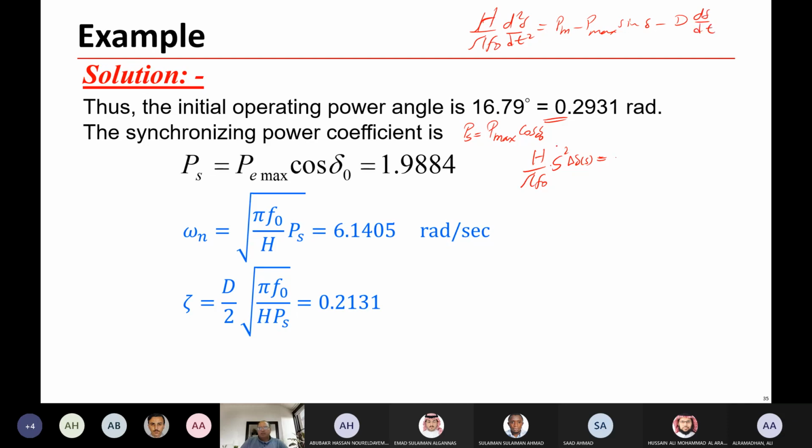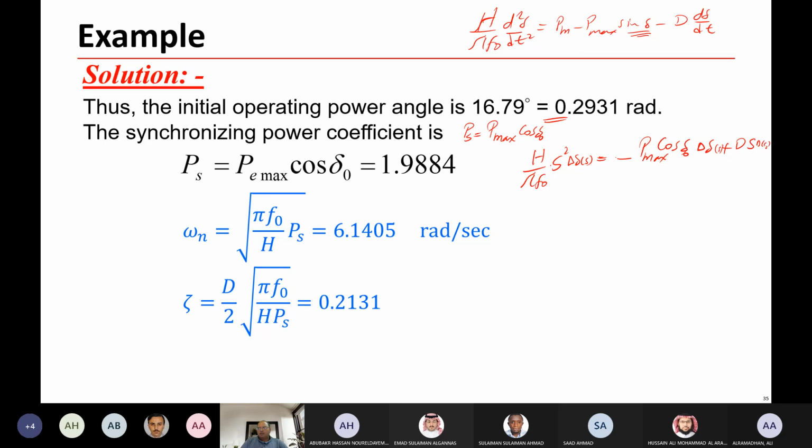And you have here, if you have this delta equal to delta 0 plus delta delta, and you expand this sine delta, cosine delta delta equal to 1, the sine delta 0 will go together, and you have here minus P max cosine delta 0 delta delta of S, and you have here minus D